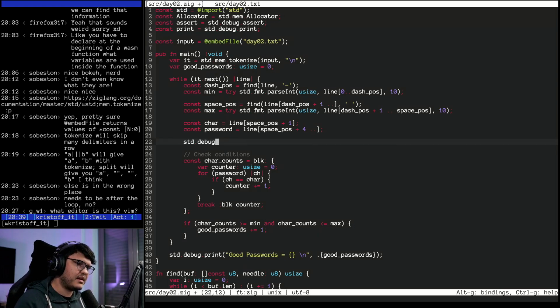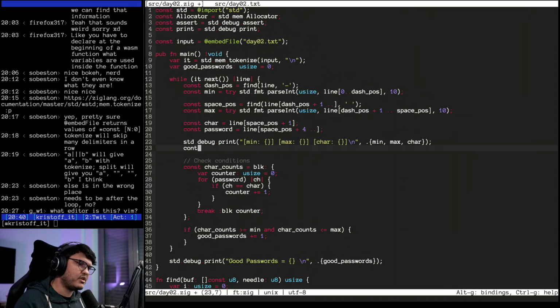So std.debug.print mean, then you know what, let's close this square brackets, mean, max, char, new line, mean, max, char, and then here we continue.